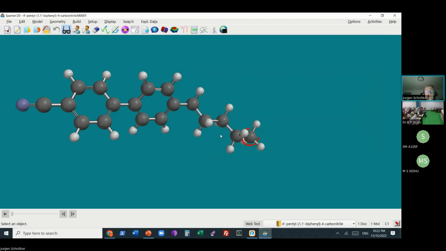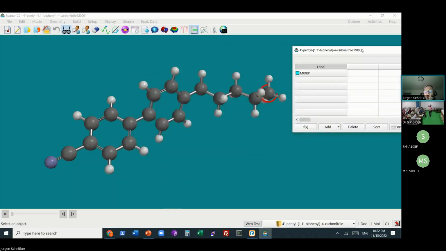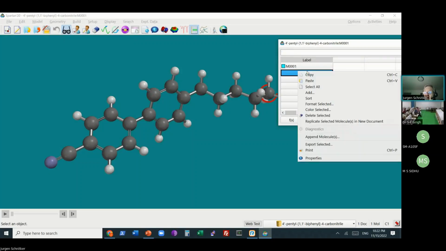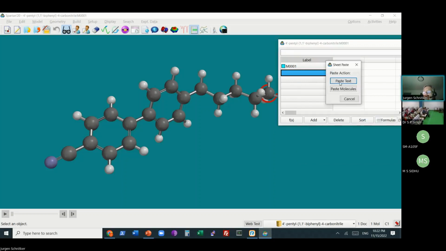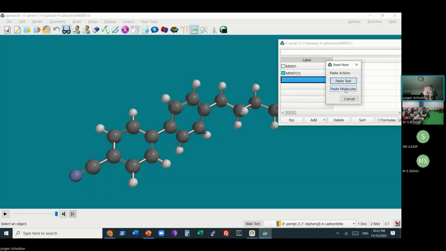So here I will go to the Spartan spreadsheet, which is here. So here's my molecule 1, and I will copy that and paste the molecule, and paste it again, paste the molecule.